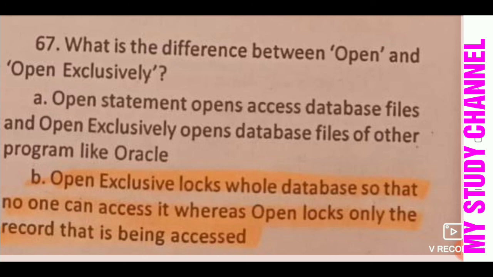Option B is, open exclusive locks the whole database so that no one can access it, whereas open locks only the record that is being accessed. So here the answer is option B.